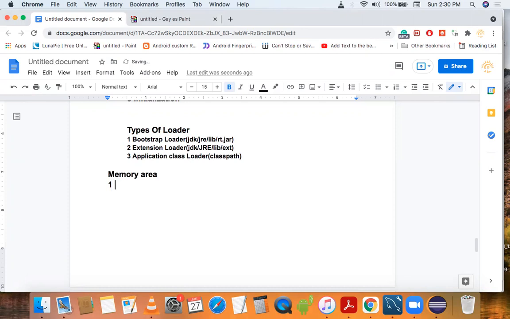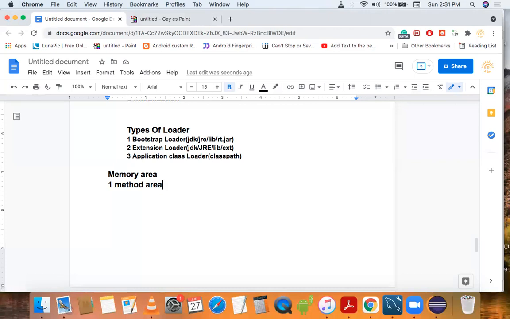So our first memory area is method area. For every JVM, a method area will be available, and the method area will be created at the time of JVM startup. So whenever we start our JVM, a method area will be created.